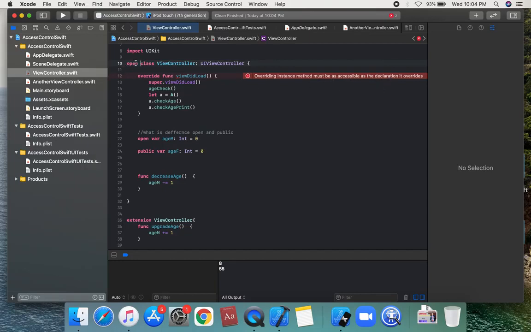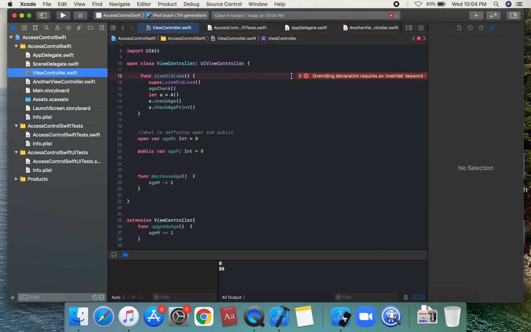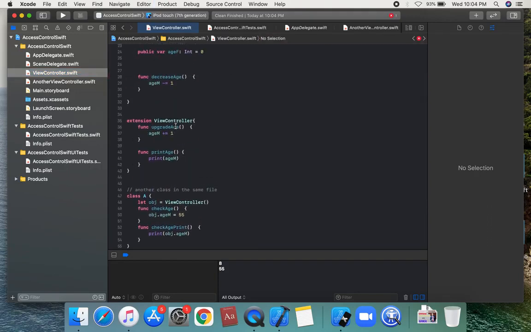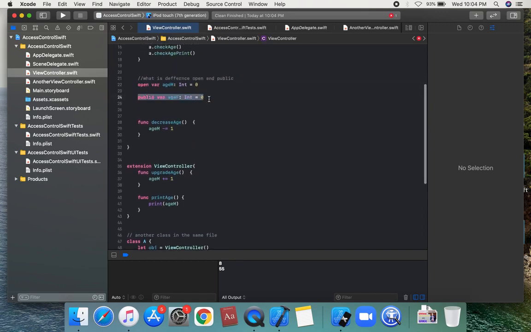So this is the difference: if you declare properties as open and public, you use them in a framework, a different module.